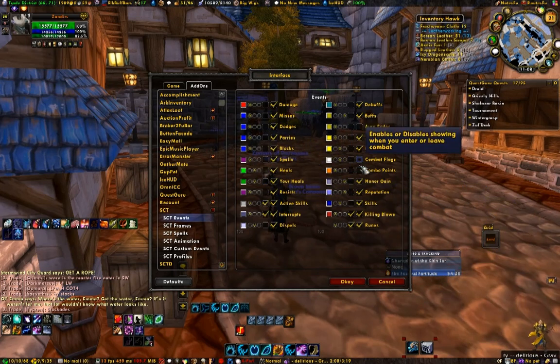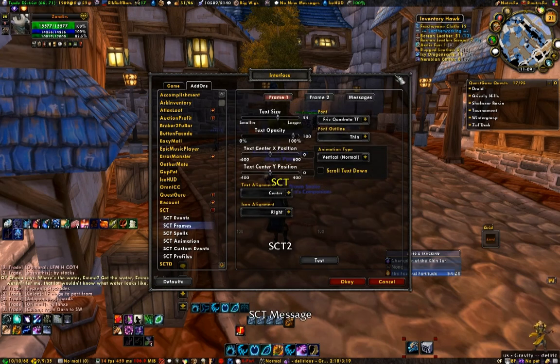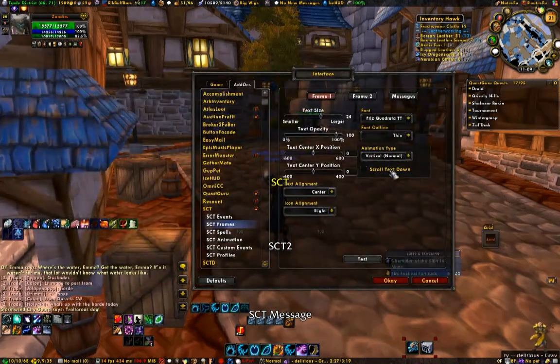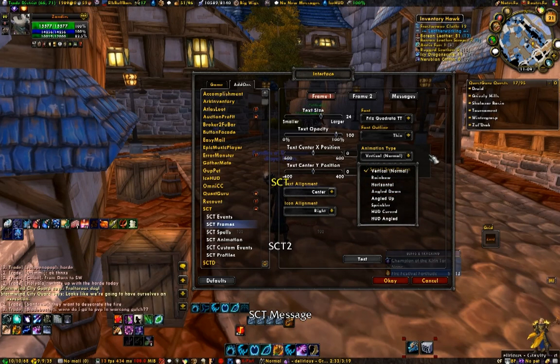You can set all this here, their priority, how they should be shown, like your killing blow, like when you get a killing blow, if you get aggro, and so on and so forth. Now, this is the actual frames for changing where the scrolling combat text comes from. Some scrolling combat text can include, like I said, healing on yourself. Some others can be